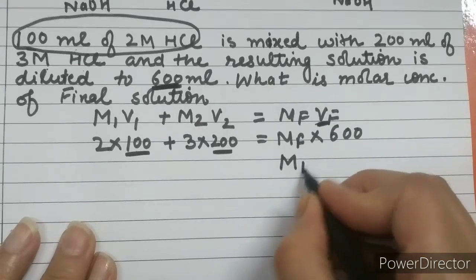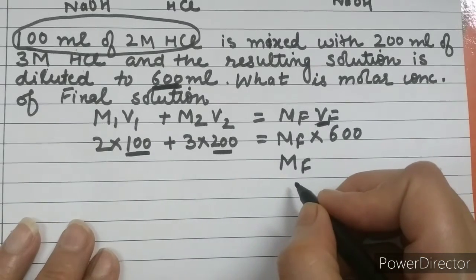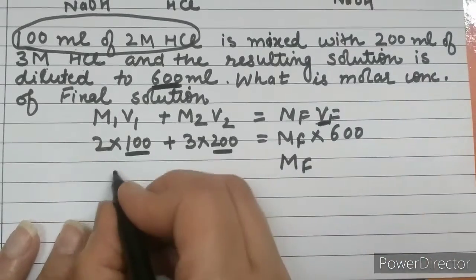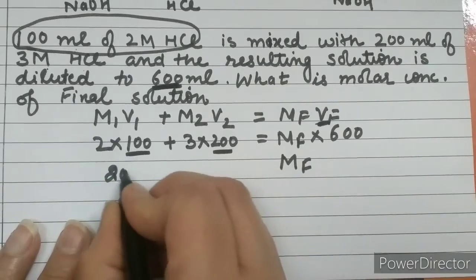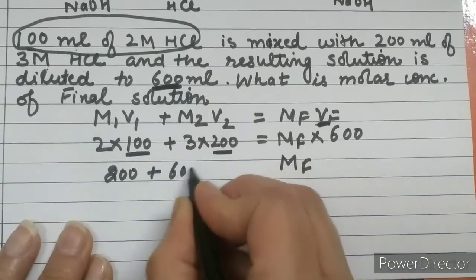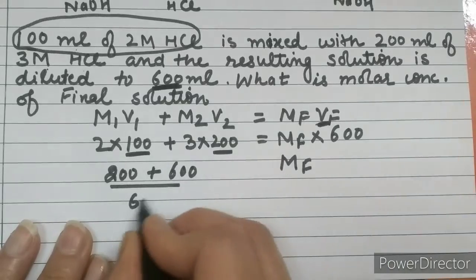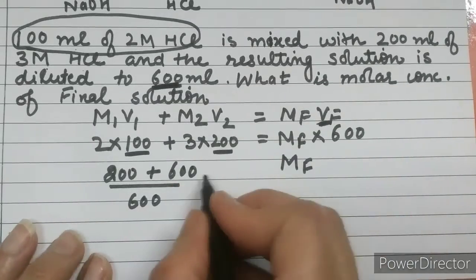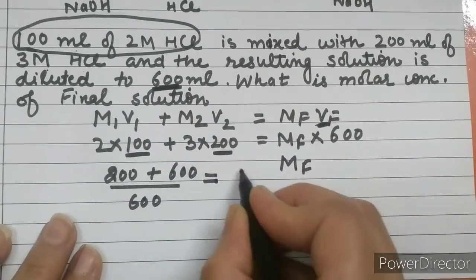So we can very well find the molarity of the final resulting solution, which is 2 into 100 is 200, plus 600, divided by 600. When we solve this, it comes out to be